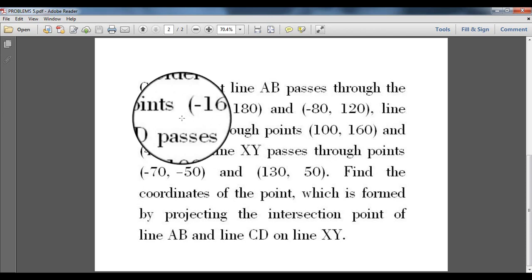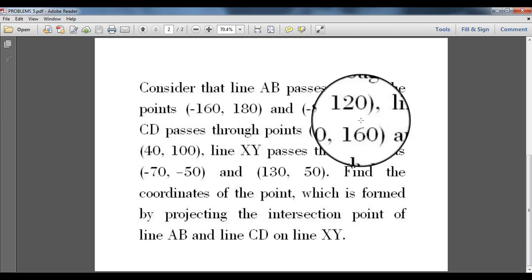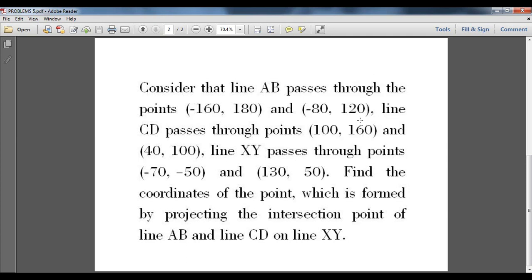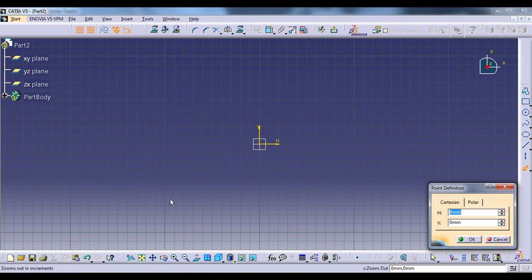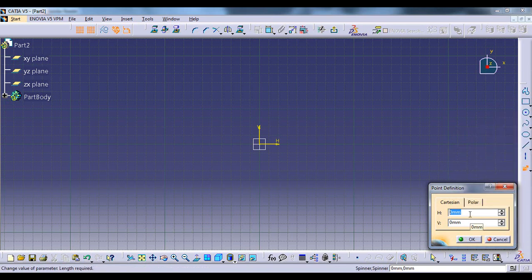So first we will plot these coordinates, that is minus 160, 180 and minus 80, 120, and then we will plot this line AB. We will go to first Sketcher interface, and then in this command, that point by using coordinates command, we will plot this minus 160, 180.